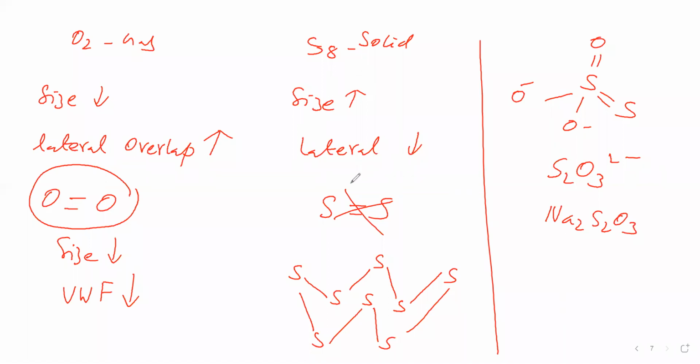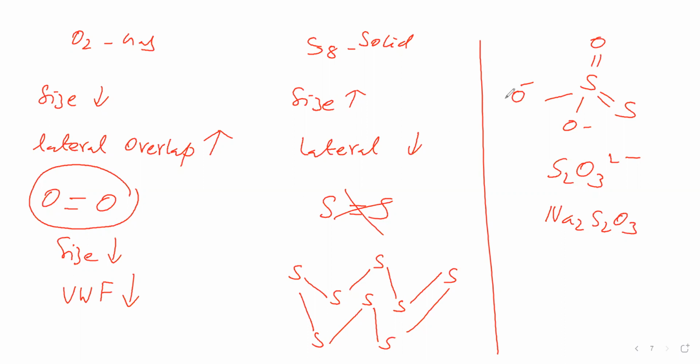Because sulfur is unable to form a pi bond in the elemental state. Then we will see catenation tendency. Catenation is similar atoms linking with each other. From this itself, we can say catenation tendency is highest for sulfur when compared to oxygen. Sulfur has higher catenation power when compared to oxygen.